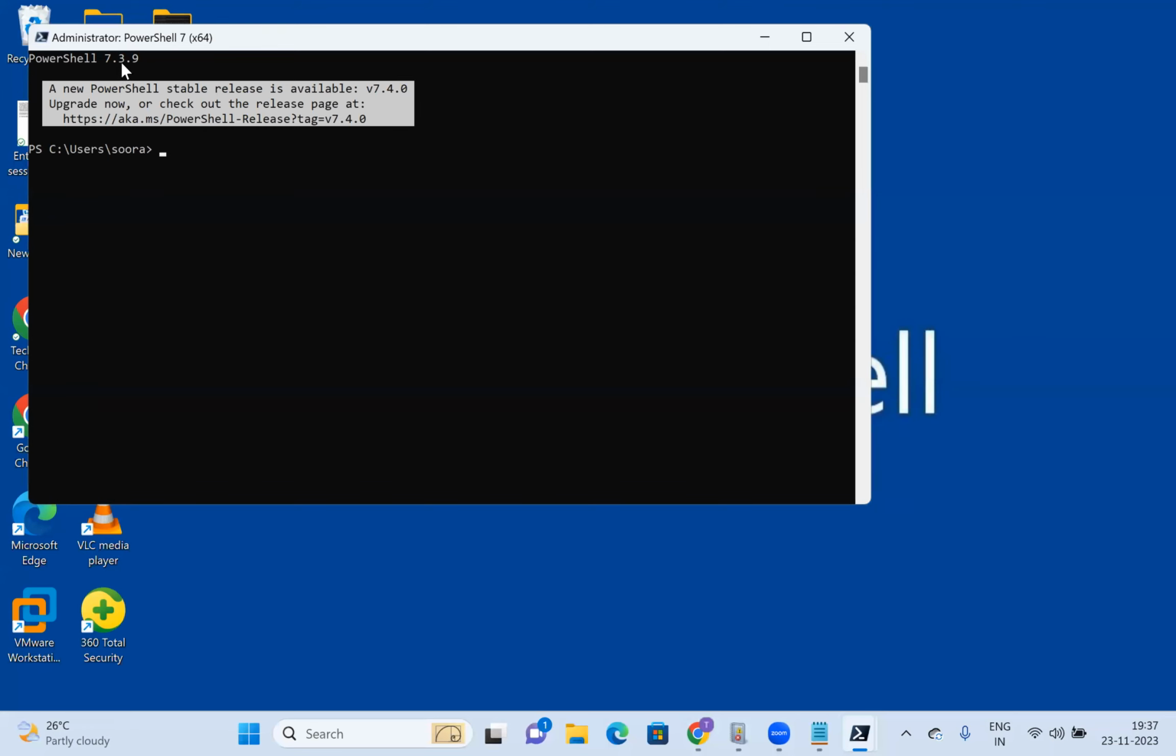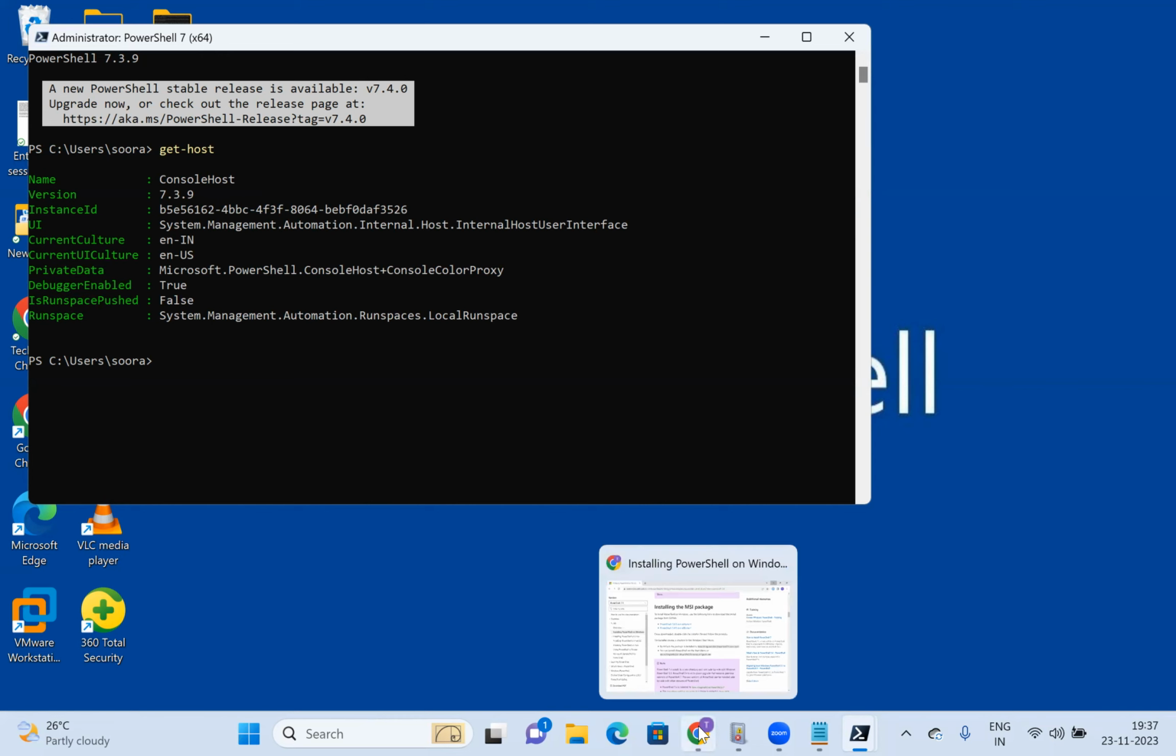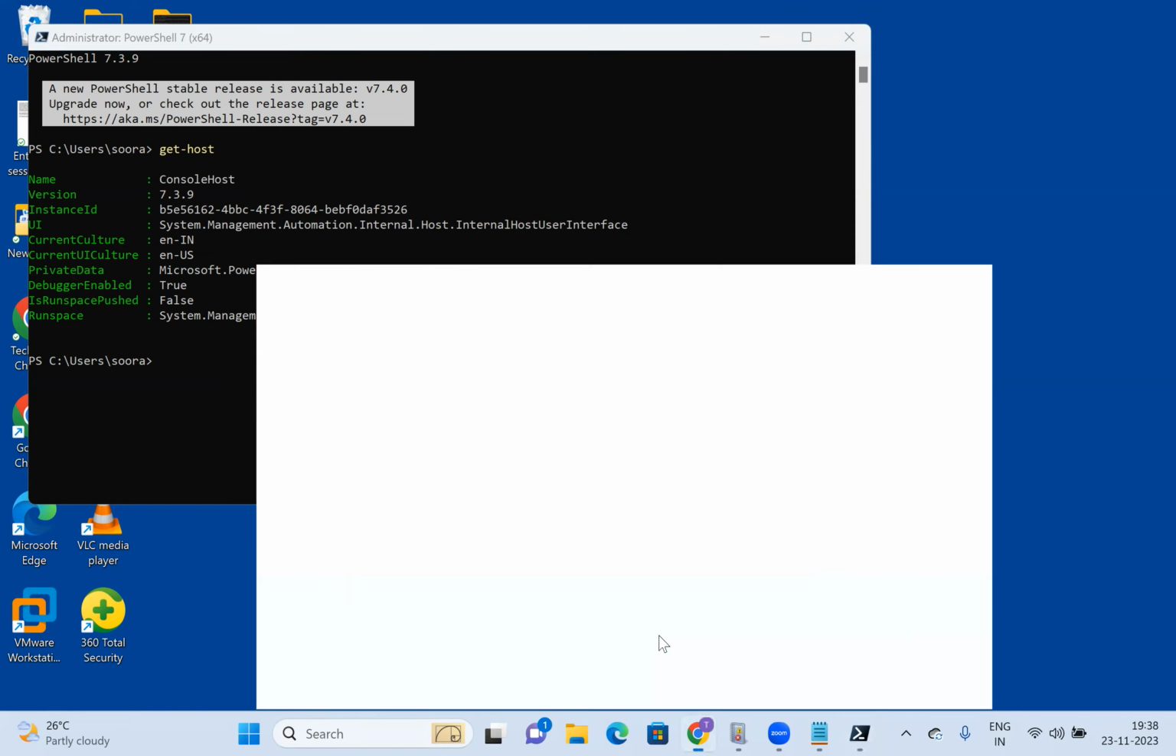Okay, PowerShell 7.3.9. It is showing here a new PowerShell stable release version is available, version 7.4.0. Okay, so I'll show you how we can download this. We'll see the version once again. Get-Host, 7.3.9. Okay, just open your browser